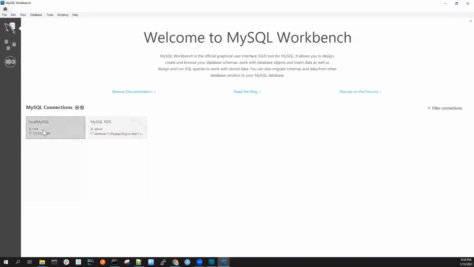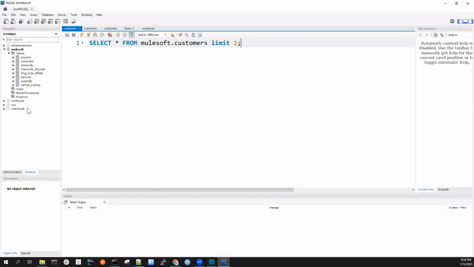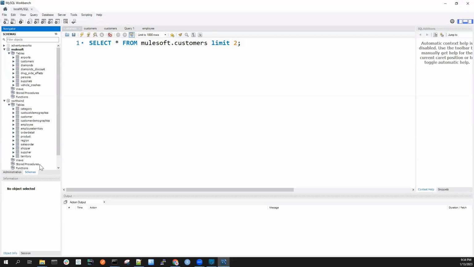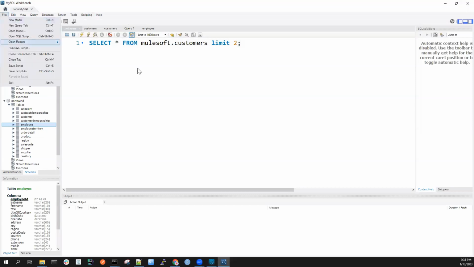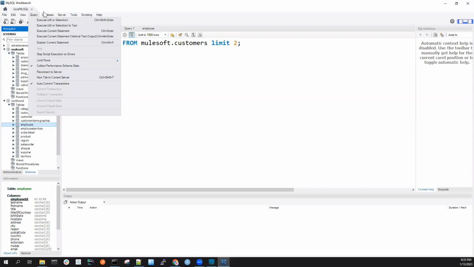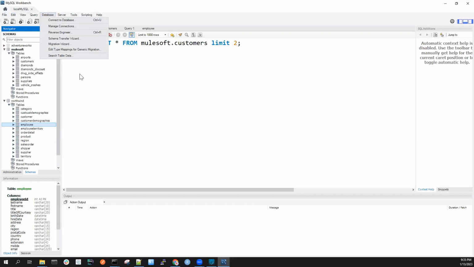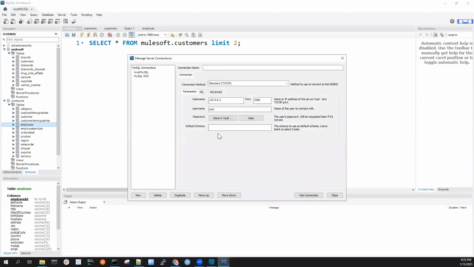So it is this one. Do I have Northwind? Yes. Northwind is the database name. Employee table is there. Let me see if the user works. Let me load, okay. Database, manage connections. So this one,